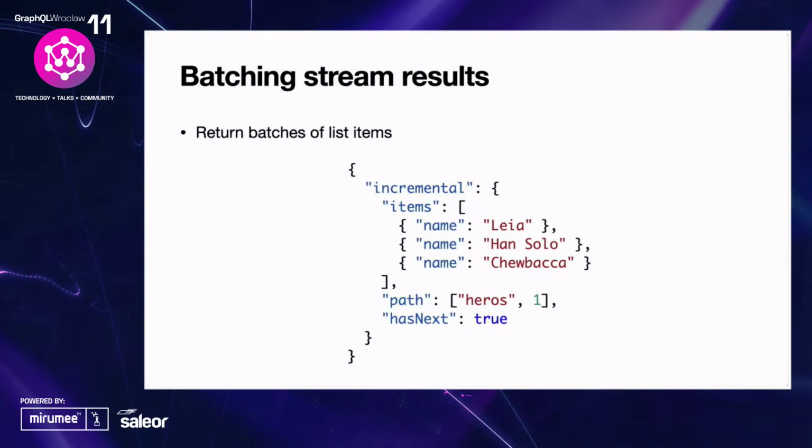And we also support batching. So you wouldn't want to overwhelm clients that try to re-render UI on each payload when many responses are sent in rapid succession. So one way to avoid that on a query with stream, we could return multiple items from the streamed list at the same time. This allows more efficient delivery of large lists. And here the path points to the index at which the range of items should be inserted.